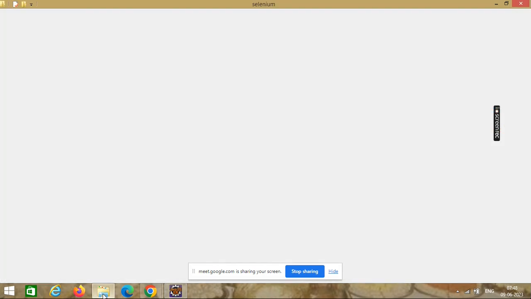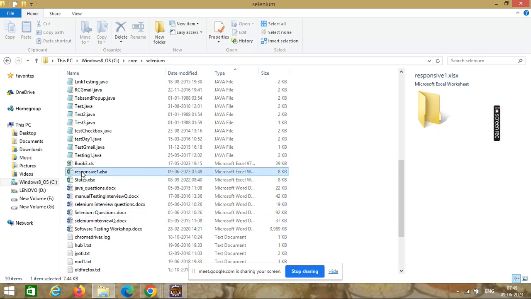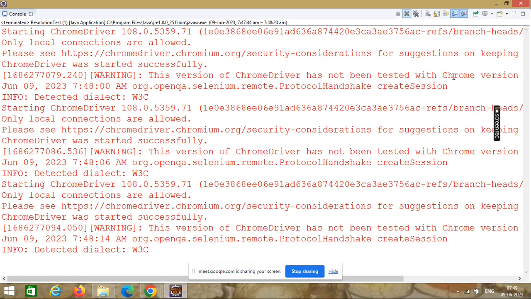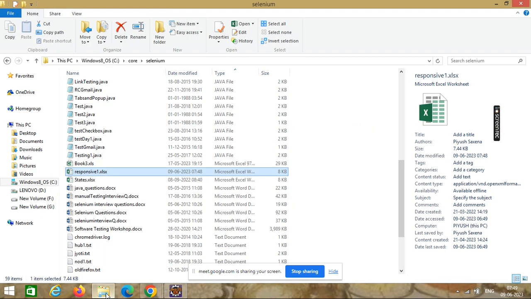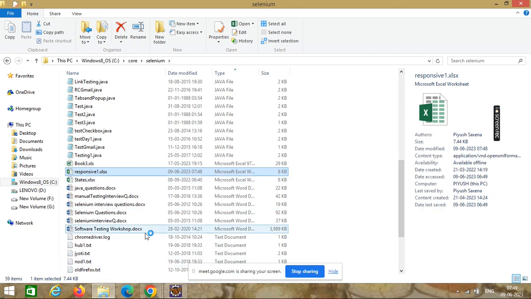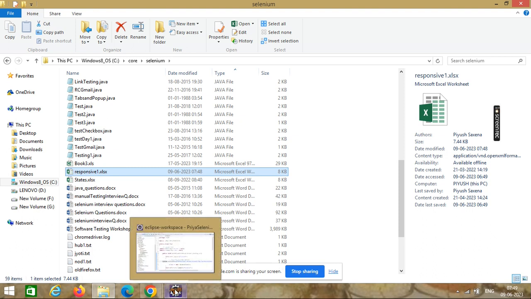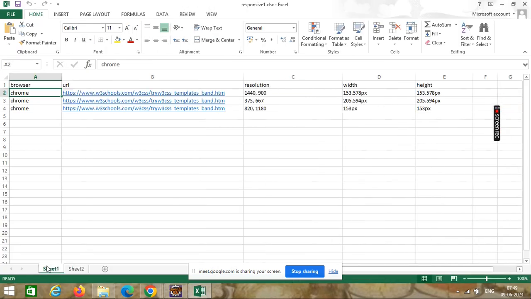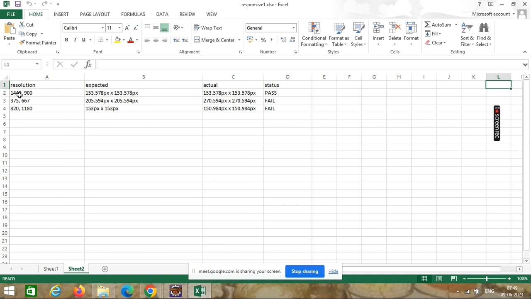and if I see my Excel, this was my Excel workbook. The system is a bit slow. So this is sheet number 1 from where it has read the data, and in sheet number 2 you see data is inserted.